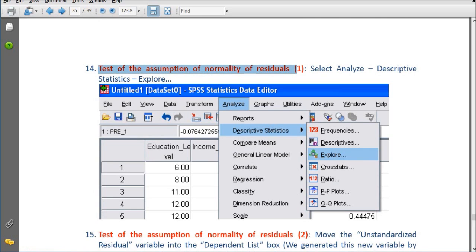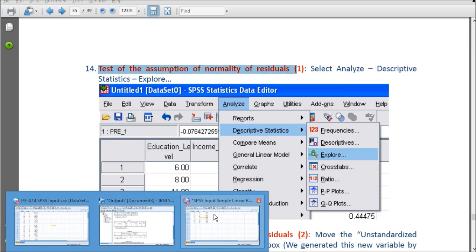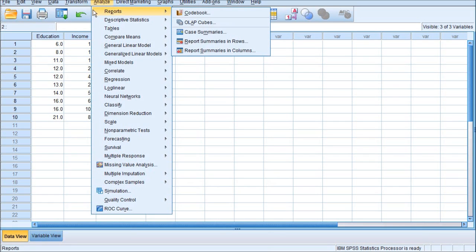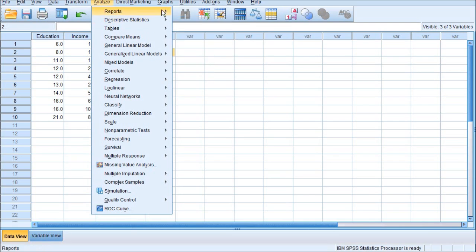Okay, here, step 14. Click Analyze. Go to Descriptive Statistics.